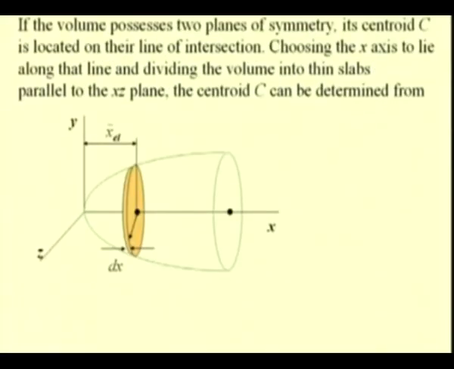In the same way we can extend this discussion to volumes, and for volumes the first moments have equal magnitude and opposite signs with respect to the plane of symmetry, and so the centroid lies on the plane of symmetry. And if we have two planes of symmetry, then the centroid lies,